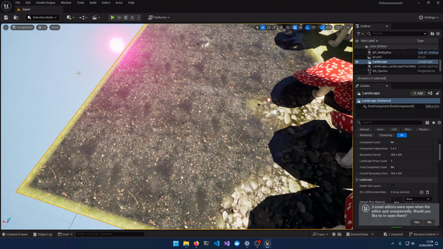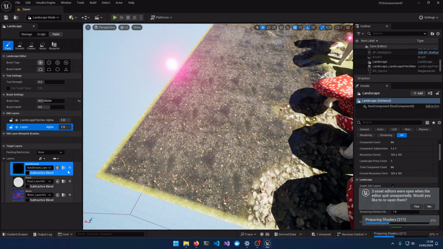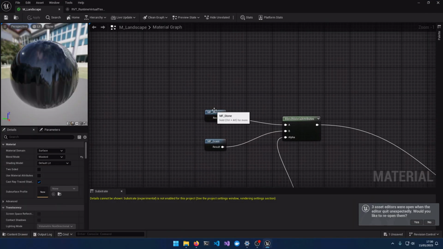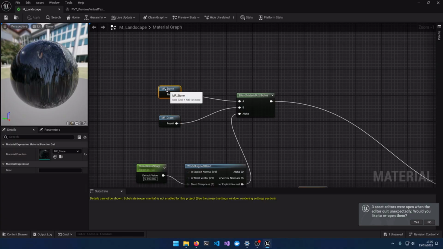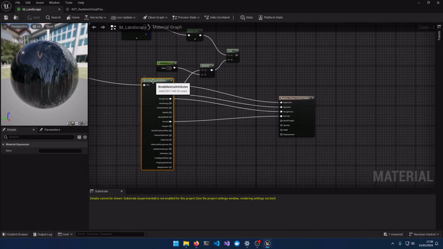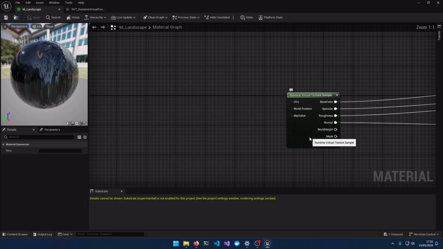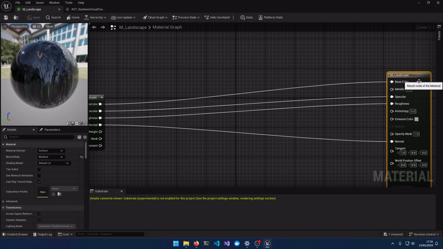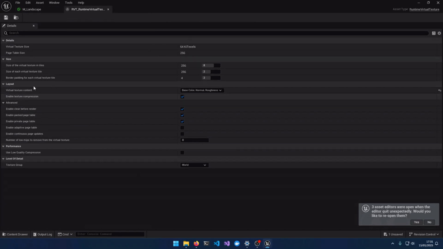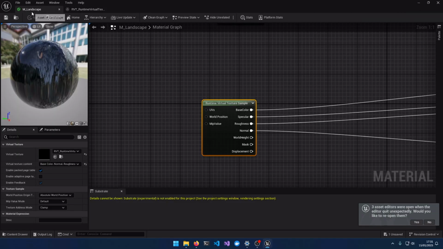My landscape had 3 materials painted onto it, and I wanted different fauna and flora to spawn onto the different textures that I had created. Each material that I blended together was an auto material which changed from one texture to stone based on the normals of a position on the landscape. And then I blend those materials together to create an auto material, and then I pass those into a runtime virtual texture. The reason why I put it into a runtime virtual texture instead of the normal output is because I wanted to print other textures onto that landscape based on the position